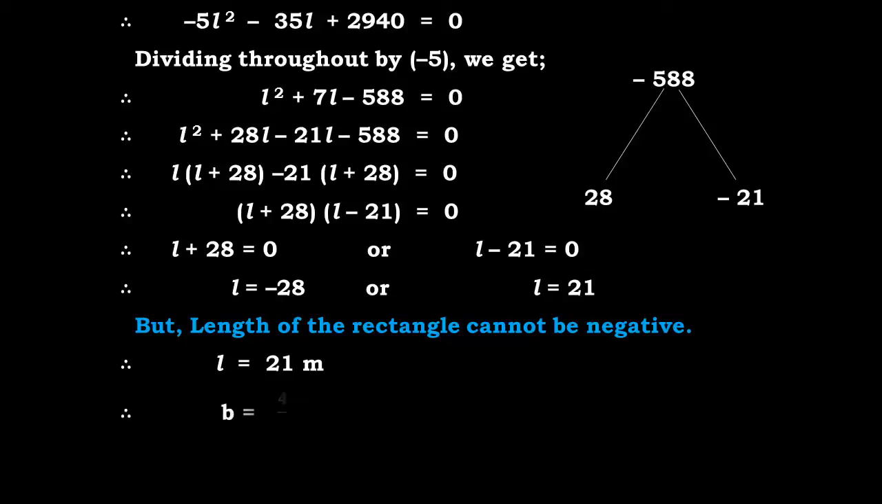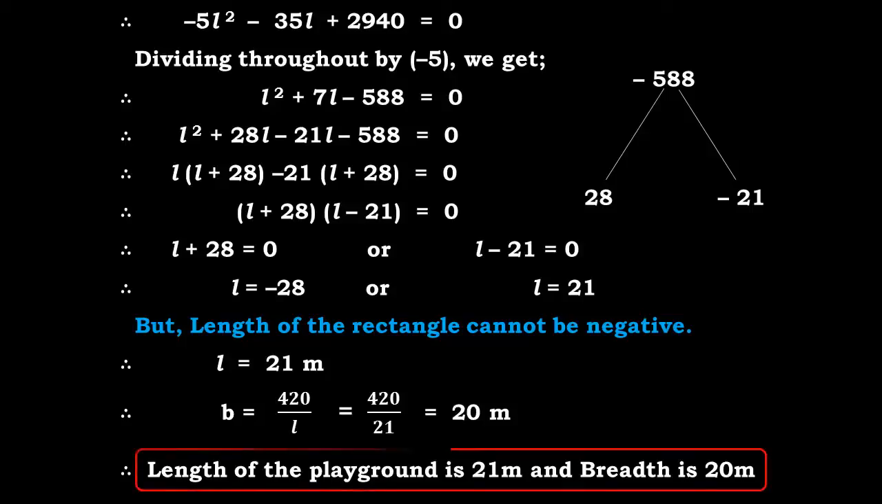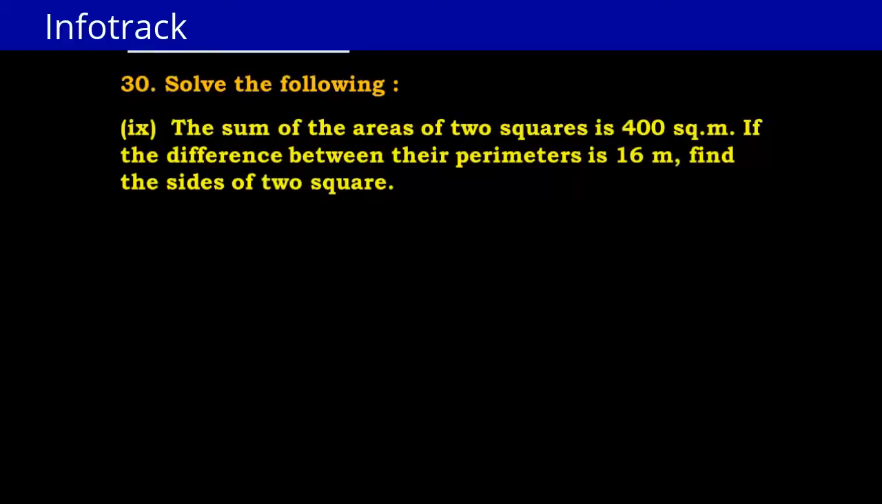Length is 21 meter and breadth B is equal to 420 upon L, that is 420 upon 21, it will become 20 meter. So the length of playground is 21 meter and its breadth is 20 meter. See student, in this way again you have to use formula area of rectangle is equal to L into B. The sum of areas of two squares